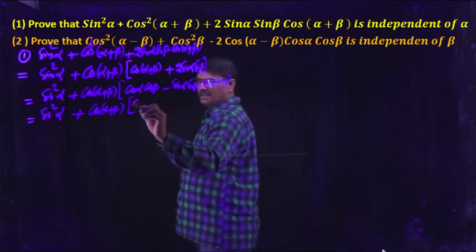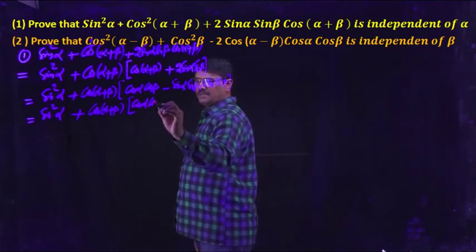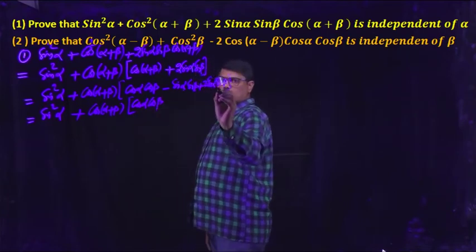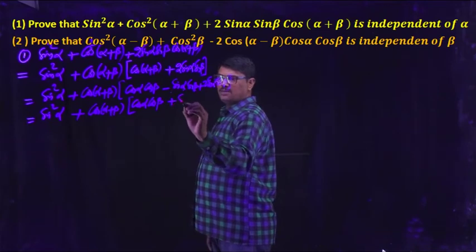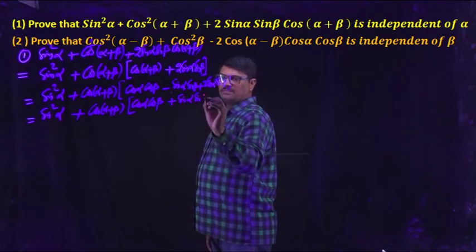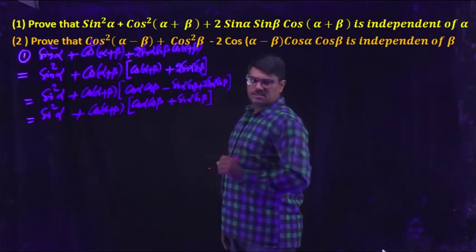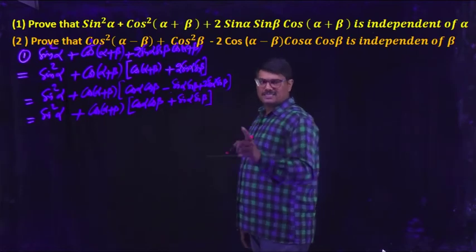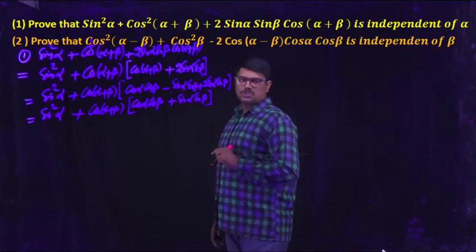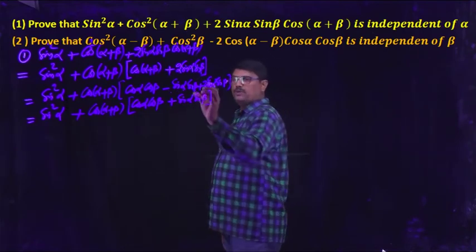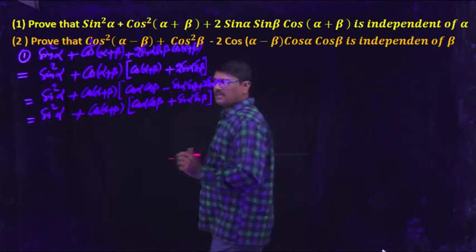There is some calculation here. Cos alpha cos beta remains the same, plus 2 sin alpha sin beta minus sin alpha sin beta gives plus sin alpha sin beta. Treat sin alpha sin beta as x. This is minus x plus 2x. Minus x plus 2x value is x. Actually, we can say x is sin alpha sin beta.